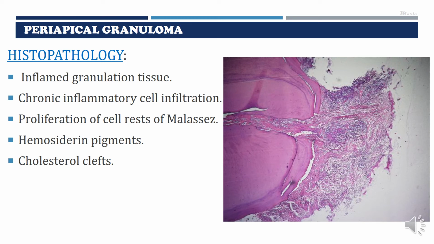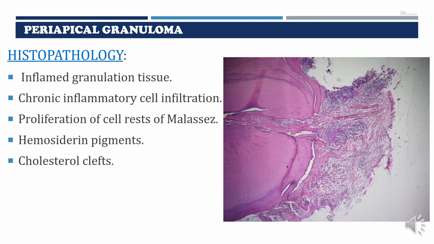This is the cementum. The pulp tissue is continuing into the periodontal ligament space, and there are numerous collagen fibers which are formed as a part of granulation tissue. You can see these dark inflammatory cells which are diffusely spread throughout the tissue. In addition, we can see something called the cell rests of Malassez, which are resting cells in the periodontal ligament space.